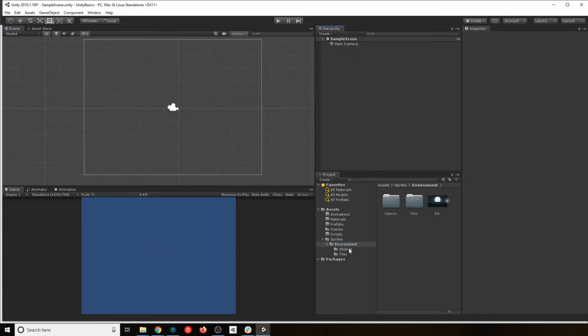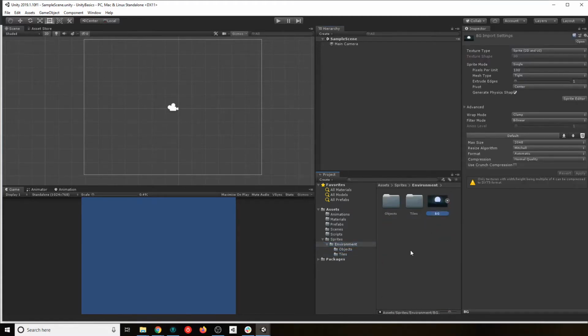Cool. Okay, now that we have our environment and we have our background, it's time to start creating our scene, which is the fun part, right? Creating scenes in game development is an entire process. It's not just dragging and dropping, but in this case, we're gonna do it. But most of the times when you're building a game, how I encourage you guys to do it is to first, on paper, draw how the layout of your level is gonna be, because you need to know